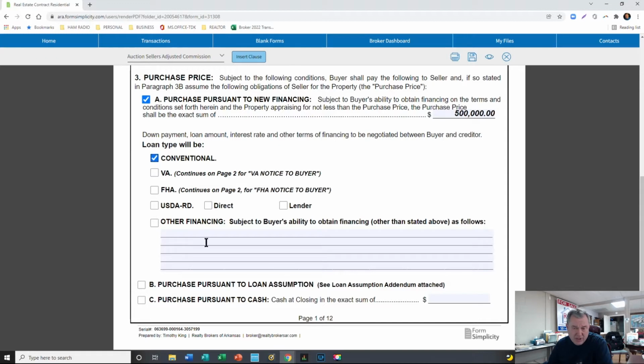However, if you're in a competition on a contract, and you have a conventional loan, and the next person has an FHA loan, FHA is way more particular on their inspection, FHA appraisal inspection, than a conventional. And so a lot of times a buyer, if they know you've got a conventional, they may choose your contract over the other one, the FHA or the VA, simply because they know that there's peeling paint, or there's other things about the real estate that they would have to fix if it were a VA FHA type loan. So this can be extremely important. So don't be shy about calling the buyer's lender. Get their permission and